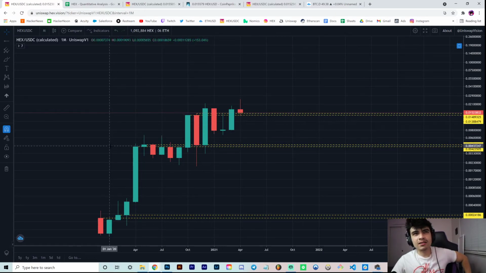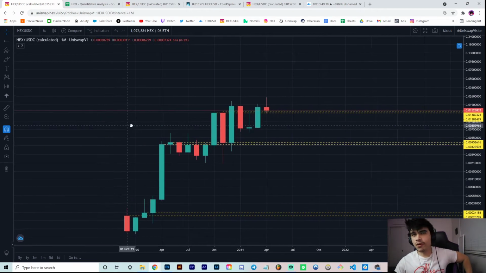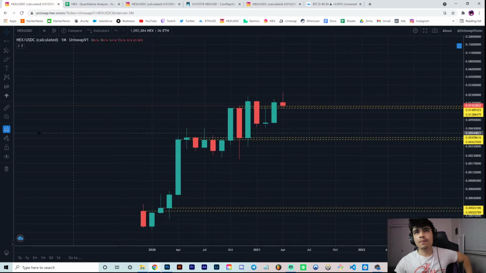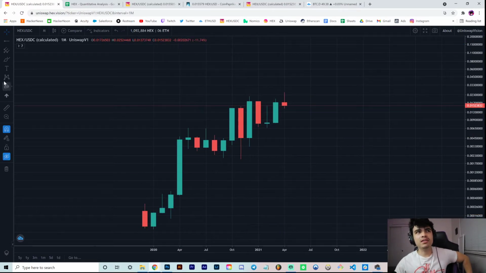And again, I'm looking at something similar, right? Could this be a fractal? And there have been fractals that haven't played out in the past that I thought were fractals. So this isn't a for sure thing. It never really is. But I do want to point out, I'll erase this for a bit just to make it cleaner. I do want to point this out, this candle specifically that we're in right now,